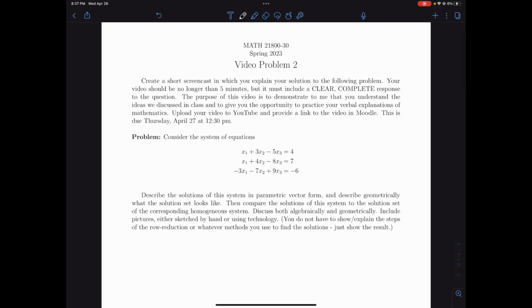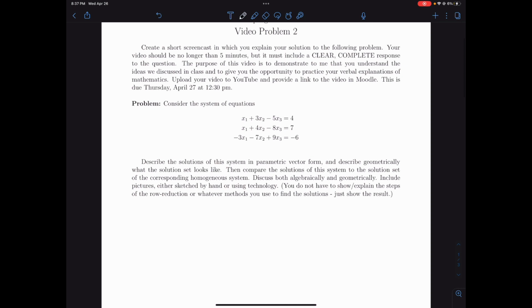Back at it with video problem number 2. So for this weekly homework's video problem, we are given a system of equations. We are asked to solve the system, write the solution in parametric vector form, describe geometrically what the solutions look like,